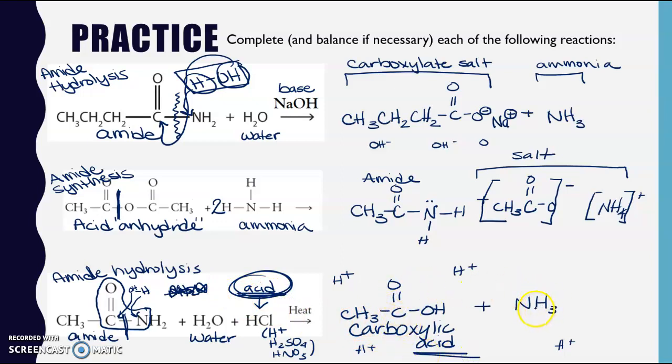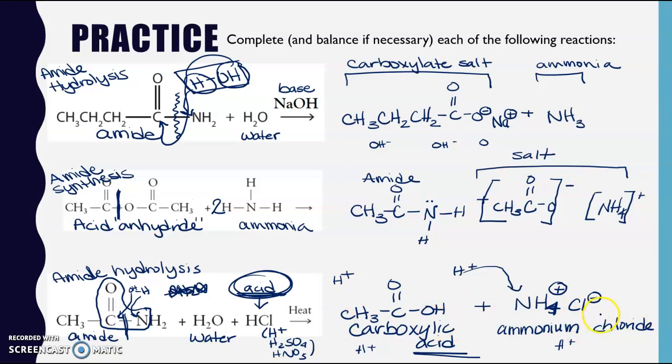However, remember that these nitrogen-containing compounds like ammonia and amines, they're basic. What do bases do in an acidic environment? They get neutralized. They act as bases. So all of these hydrogens around, they're going to bond to that lone pair here. So instead of a 3, I'm going to put a 4, and that, of course, makes it charged. So I end up with my ammonium ion, which would be attracted to my chloride ion. And so you can see here that I made an ammonium chloride. In fact, I specifically did make ammonium chloride